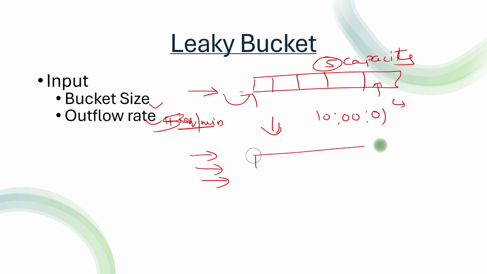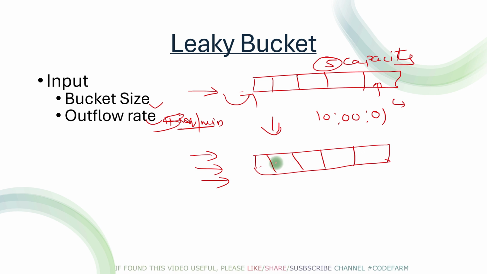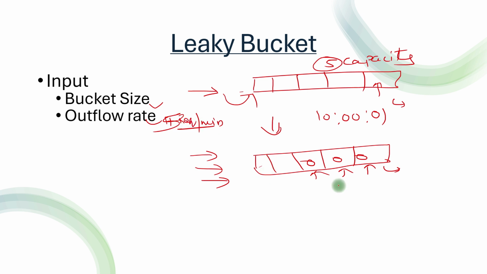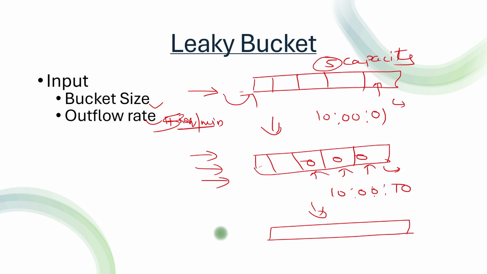The third request is coming into this one, so again this queue is going to be there, 1 2 3 4 and this 5. So again these 3 requests will be queued in here, right? And the processing will happen at a rate like this, 5 requests per minute. Let's say this is happening at 0 and this 10 second, and again at the next time we have again 4